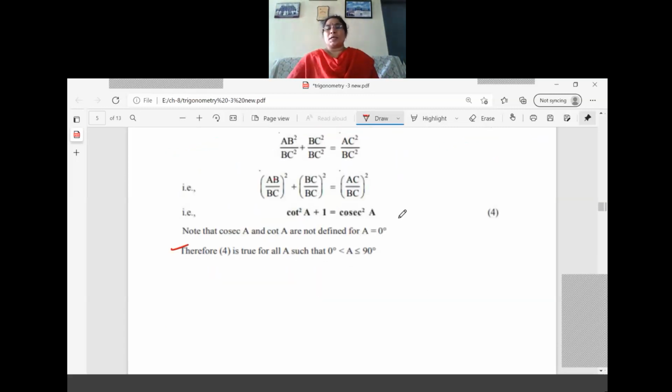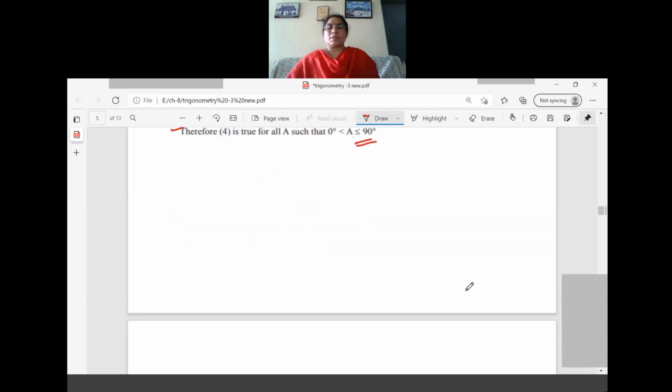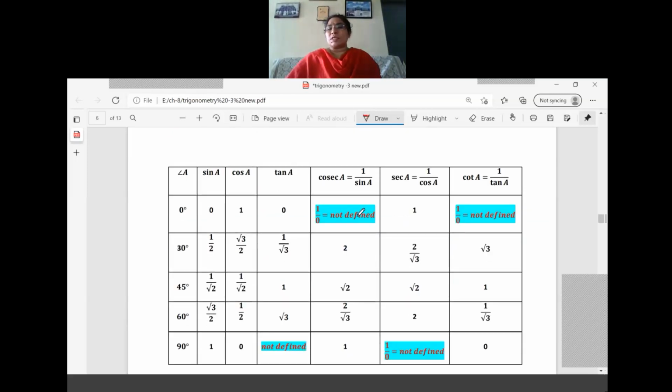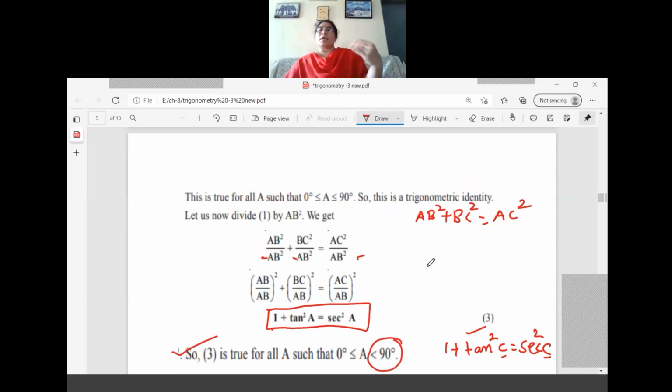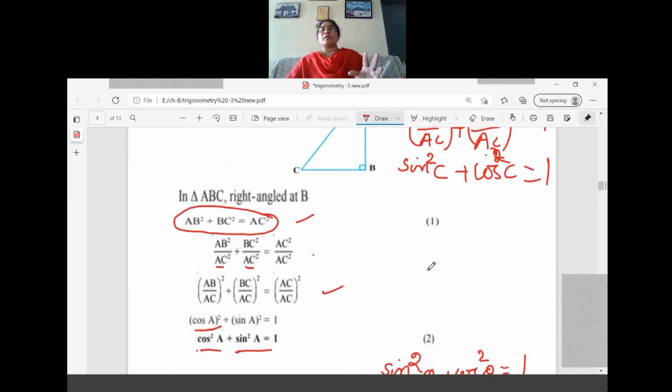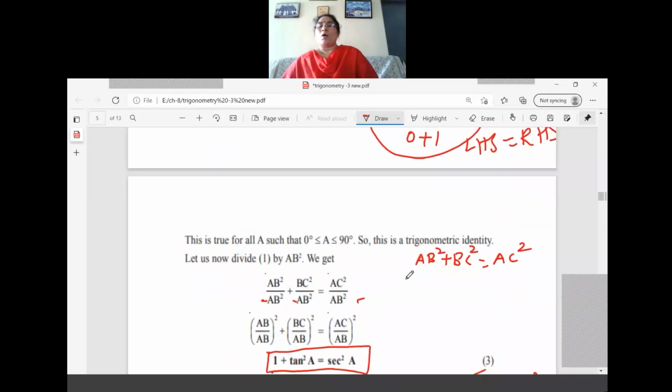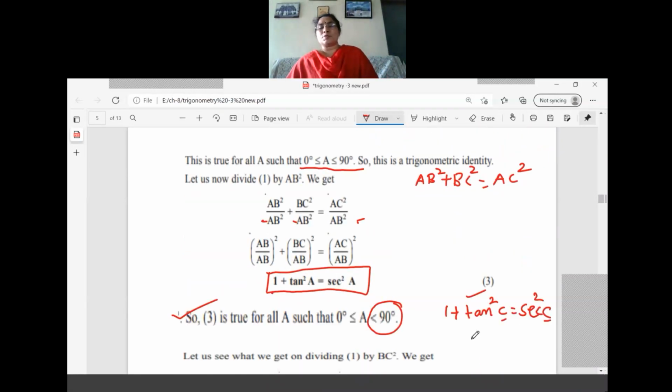Now the third case, what happened? 1 plus cot square A equal to cosec square A only. Here they have not mentioned 0 as equal, but 90 is equal only, right? So 0 is not equal. So what is the case here? When we take cosec 0 and cot 0, they are not defined. That is why the equal condition is not applicable. But in the case of the first equation, we can write that it is true for everything. It is true for 0 less than or equal to A less than or equal to 90. But when it comes to the tan, it is not equal to 90. What is the condition?